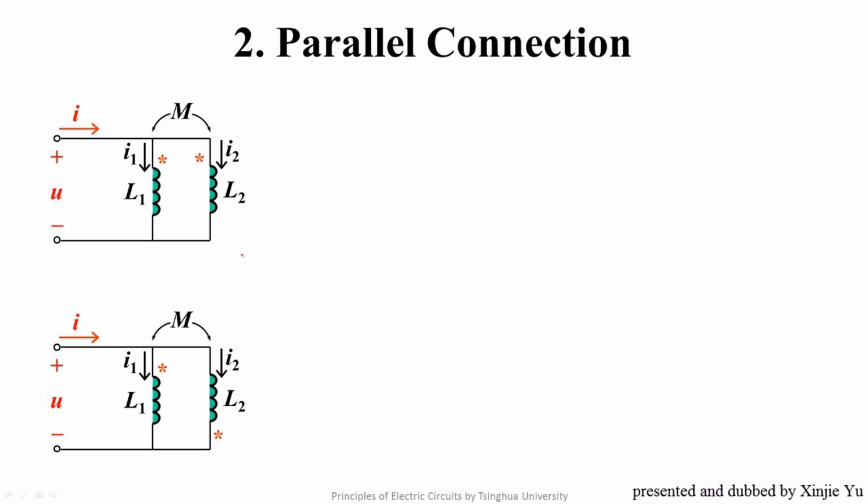Next, we discuss a parallel connection. There are also two kinds of parallel connections, that is, a dot on the same sides and a dot on the different sides. We first analyze the former. For such a circuit, we need to write KVL for this path and this path, and use KCL for the node at this time. And then we have